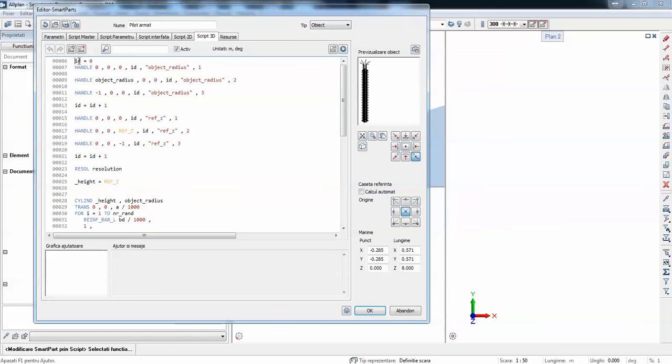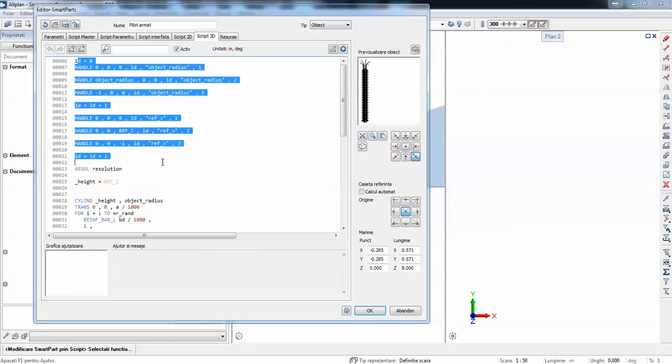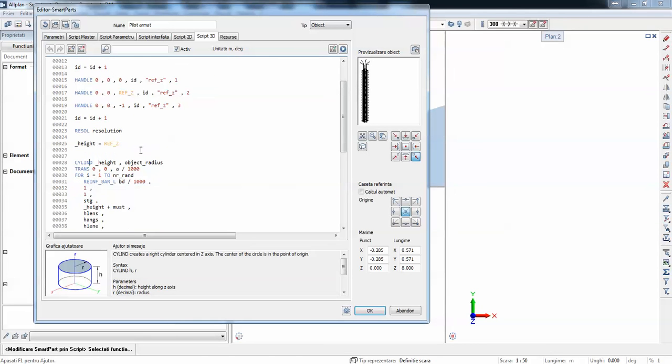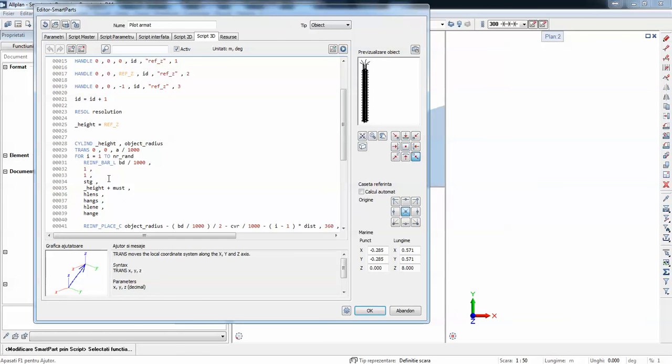The first part only controls the cylinder, so there are some handles placed that control the height and the radius. Then there's the cylinder, which creates the concrete part and has some particular values. There's a translation of the system of coordinates, because I need to translate it in order to place the bars.